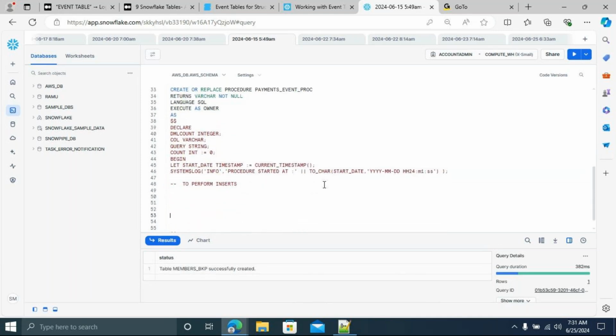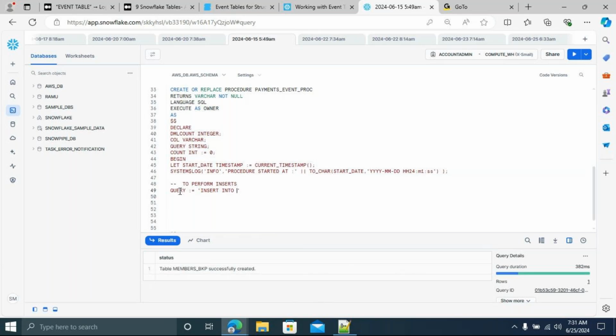Now guys, write a query. We have one variable called query variable, right? Take this query variable. Query colon equal to, now give the query. I just want to insert into the target table. Very simple, guys. Insert into the target table, members.